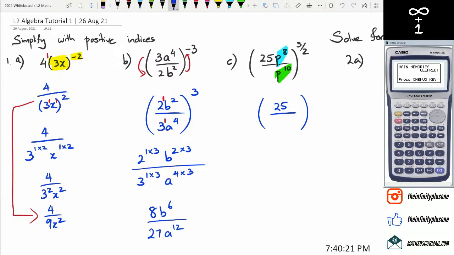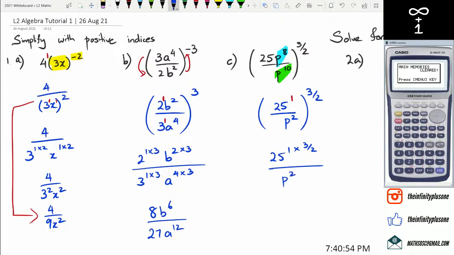And what is it? We've got p8 divided by p10, so that's going to be p squared in the denominator. All right, now the power is still going to be 3 over 2. Nothing's really changed there. So the next thing is 25. Make sure you put 25 has a power of 1, which means when we take the bracket, get rid of the bracket, we're going to get 25 to the power of 1 times 3 over 2 divided by p